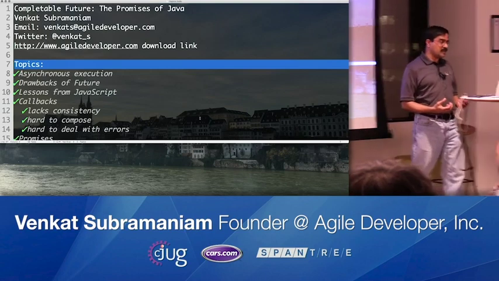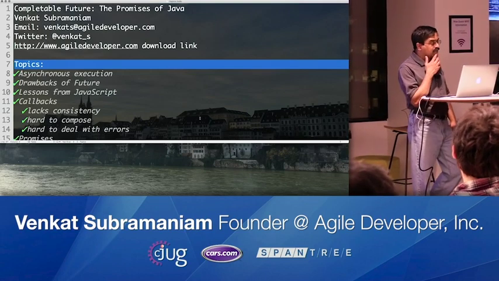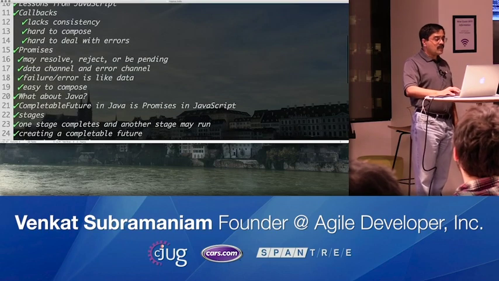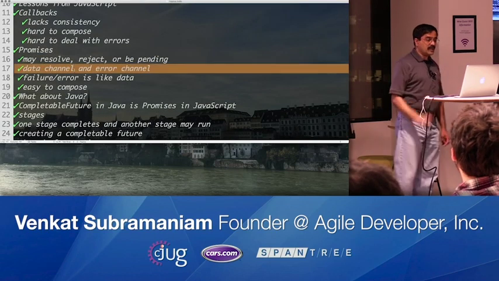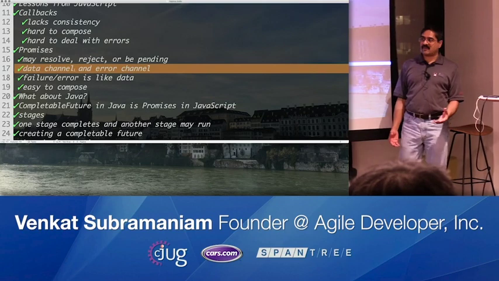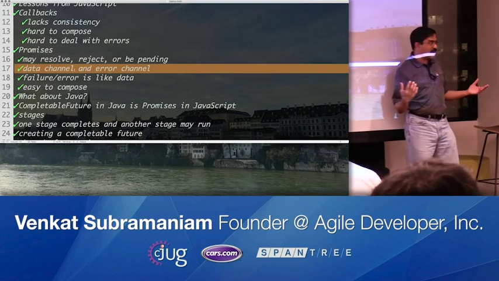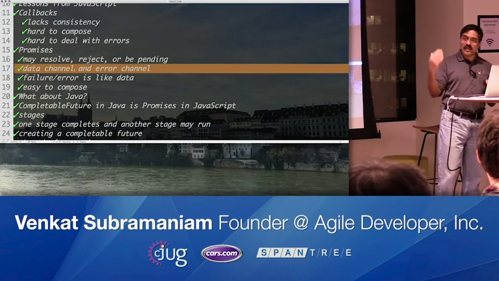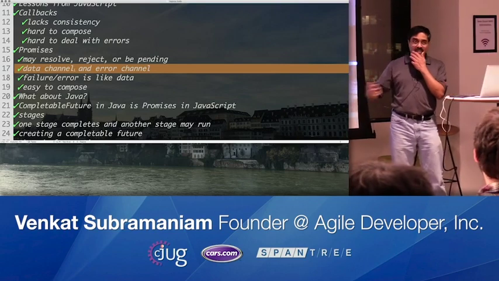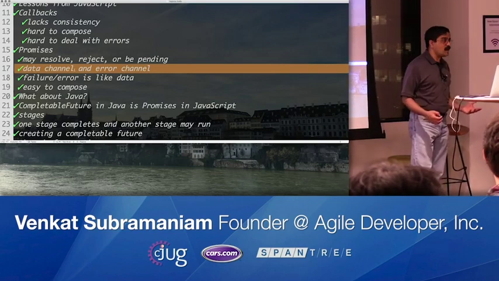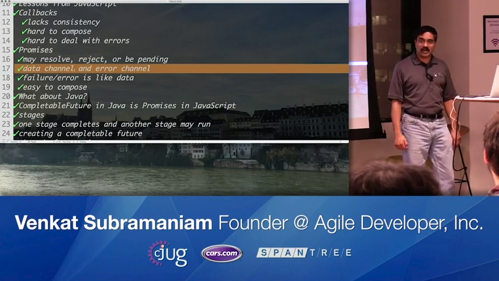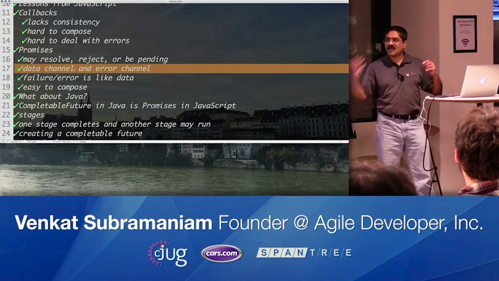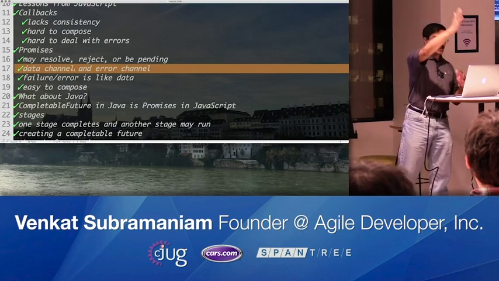So for that purpose, a CompletableFuture works really, really nicely. This is really built on the concept of promises. In that regard, we need to keep in mind the two channels we have, the data channel and the error channel, what I like to call the right track and the left track. If everything is going well, you keep moving on the transformation on the right track. If something goes wrong, you start moving on the transformation on the left track. You can recover and come back to the right track, or you can fail and go to the left track.